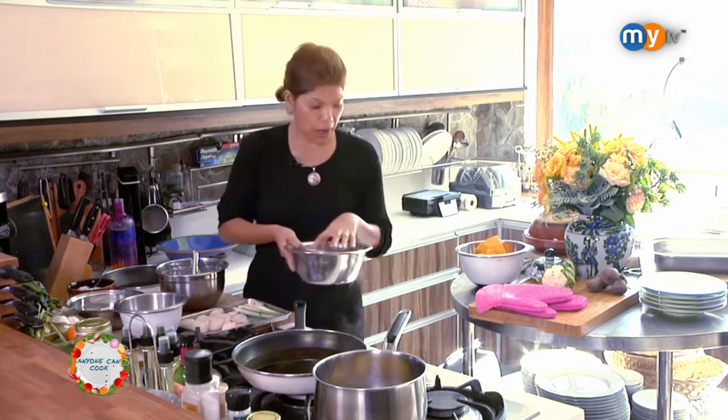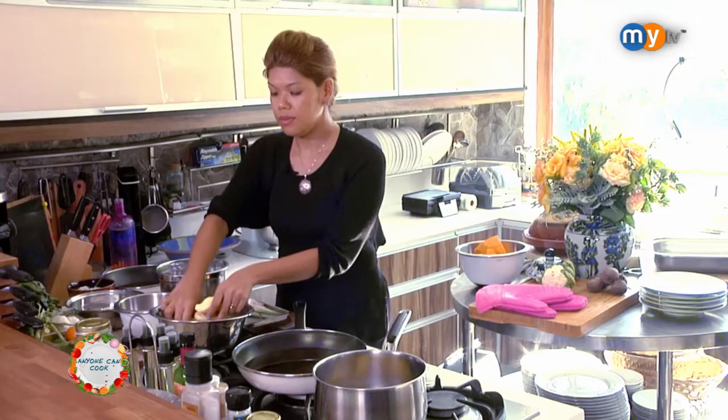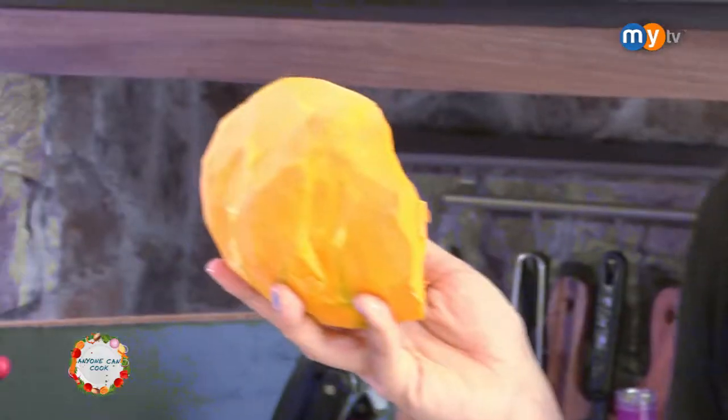So I'm gonna do a combination mix of the sweet potato, maybe 2 or 3 because I'm gonna get them to shreds. And then I'm gonna get the local pumpkin. I'm gonna run it through